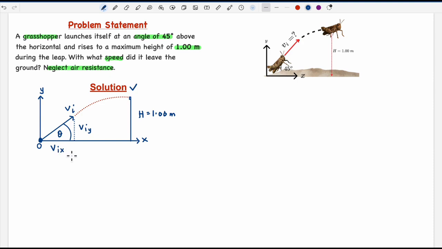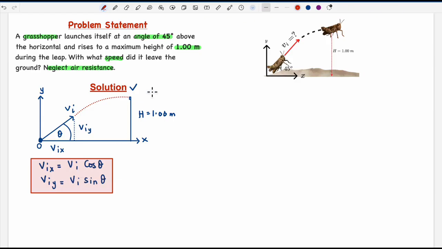in the horizontal direction. Now applying trigonometry, we can find out that cosine gives us that Vix is going to be equal to Vi, which is the hypotenuse, and then cosine of the angle theta. In the same sense, Viy is going to be Vi sine of the angle theta. Alright, so we need these two equations to solve this problem. However, we are going to see the physics later,